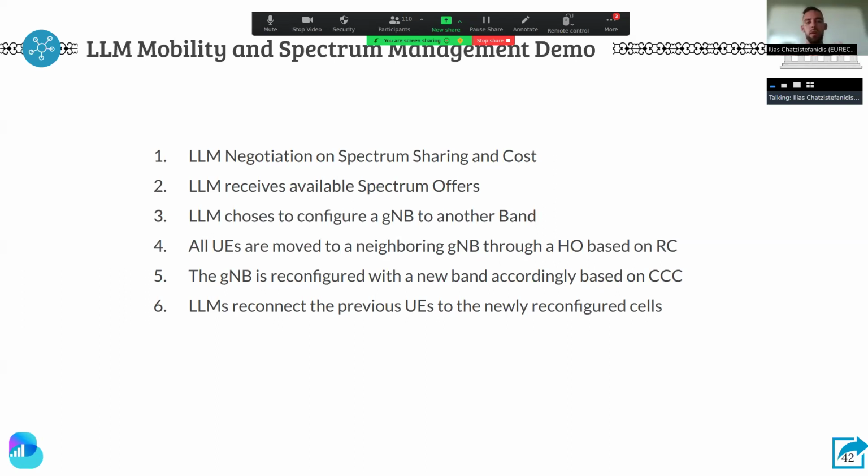So here we assume that first the LLM negotiates, and in a second time, the LLM sees the available offers, and based on its objective and its role, will pick the right one. In this demo, the main objective of the LLM is cost optimization. This means that it receives the cost intent and wants to match or come as close as possible to this intent. So based on the available offers, it will try to find the appropriate offer and then reconfigure